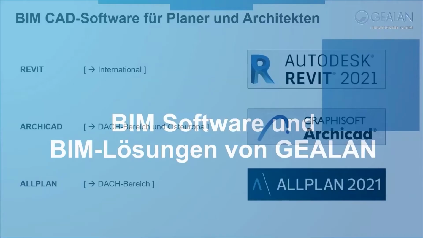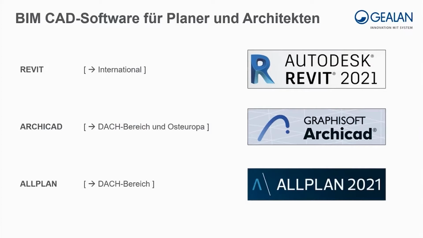The three largest BIM-enabled software are Revit, ArchiCAD, and Allplan. Revit belongs to Autodesk, a company that is internationally represented and kind of catching up here in Germany. ArchiCAD and Allplan are part of a German company and are used mainly in Germany and also in Eastern European countries like Hungary. And we, as Gealanu, have developed the following solutions for these kinds of BIM CAD programs for